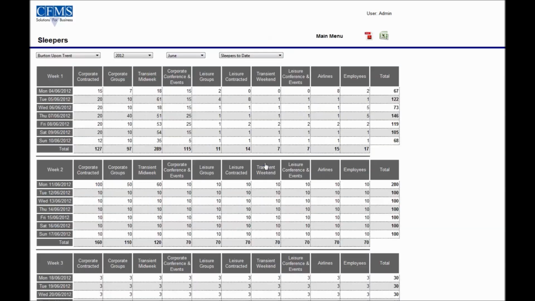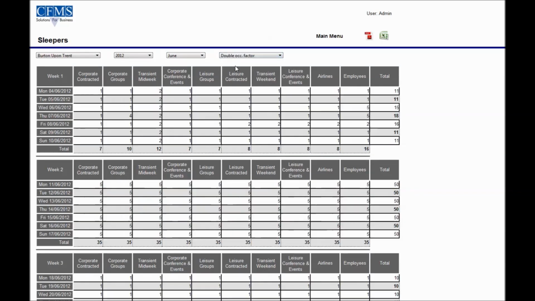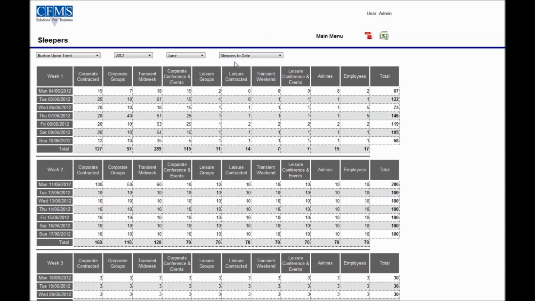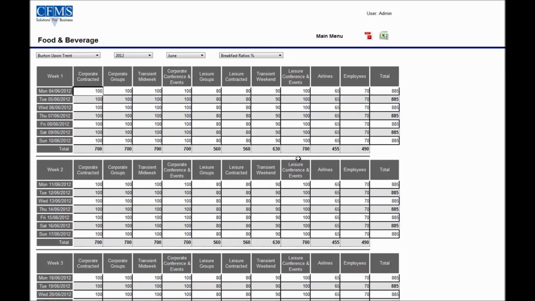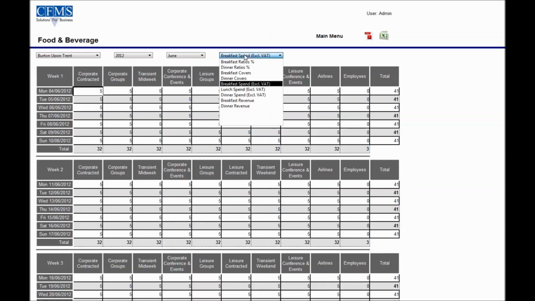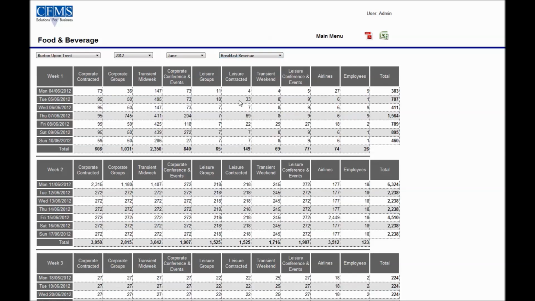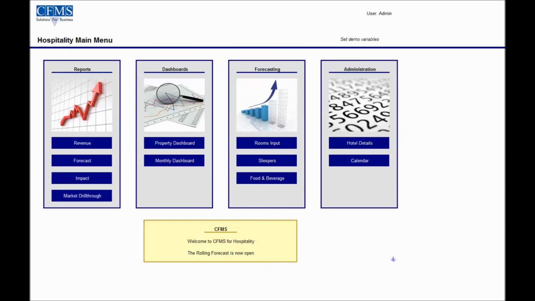The rooms data is then filtered through an adjustable double occupancy factor to give figures for sleepers. Finally, you can set the percentages of sleepers for your different markets that you expect to have meals, and adjust the forecast average spend if required. These figures, taken with the number of sleepers in turn taken from rooms, will automatically generate forecast revenue figures. So, with only basic information around rooms, the model will calculate a full forecast across each property based around some